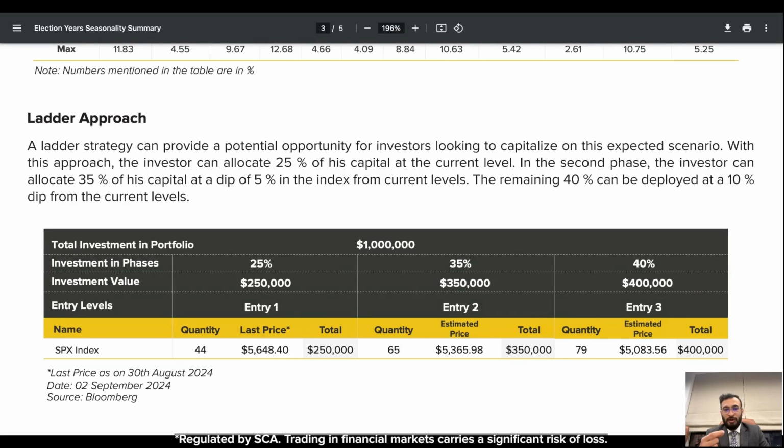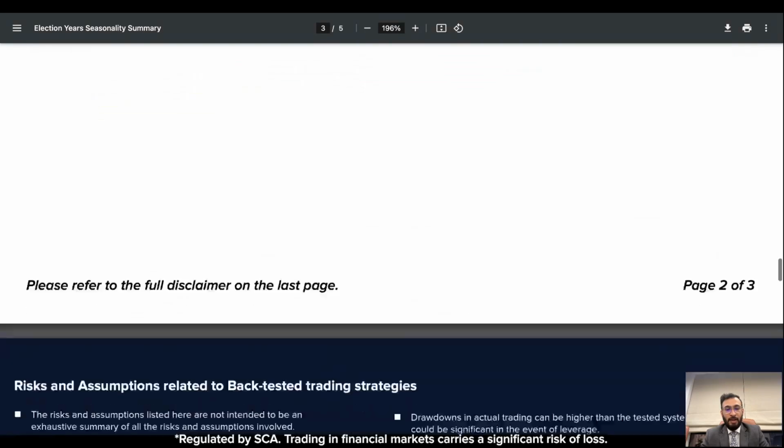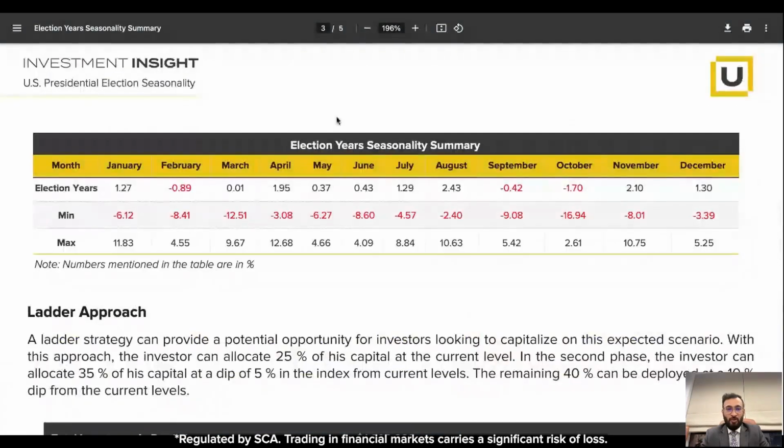You enter with 25% of your total expected investment. If it falls down by 5%, you enter again. If it falls down by 10%, you enter finally. So you divide your money into different amounts, start with a lower percentage to begin with, and then move into higher, and then further higher. So this is something which you can look into while we are waiting for the elections. Now, I'm going to share one more